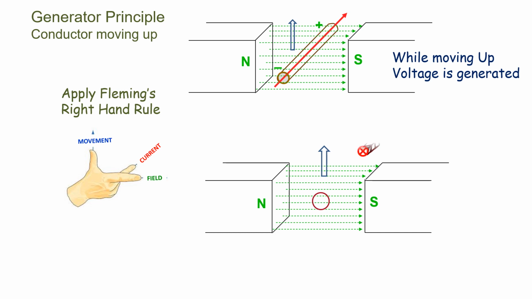If you treat this current as an arrow going inside, the tail of the arrow, which is indicated by the cross, indicates the current. So when the conductor is moved up, this conductor will produce a current which is indicated by a cross. The cross indicates a current going in the conductor towards inside.